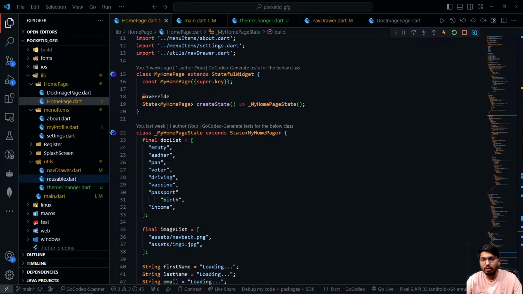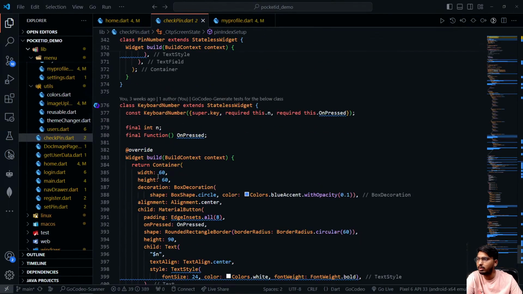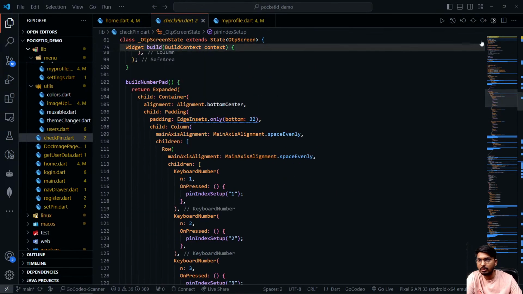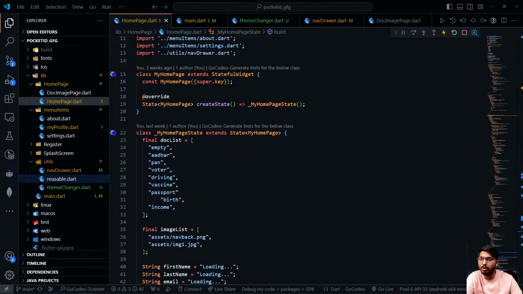There is one more thing that we have not implemented yet. That is our set pin. Okay. So when we are completely logged in, we will be able to set a very basic pin. Okay, a 4-digit pin, which I can show you right here. Inside this, we have this code. This will be a 4-digit pin that you will be able to set as soon as you complete your login,